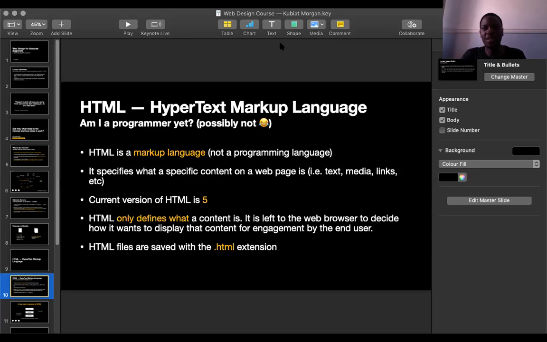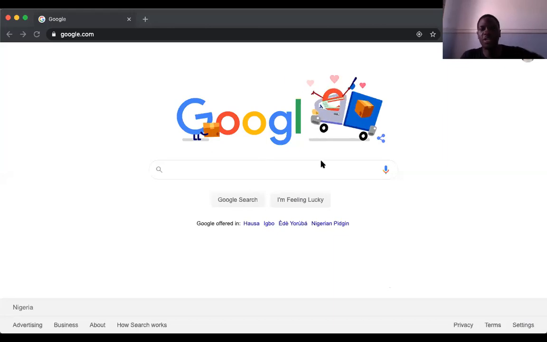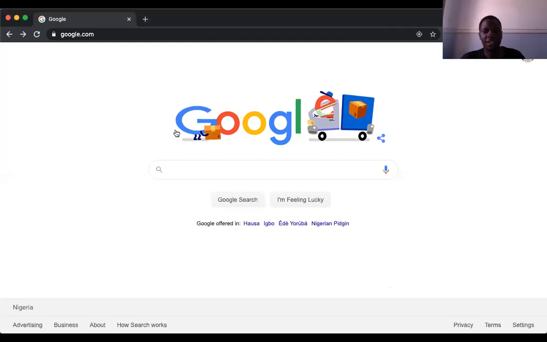So just to make this a little bit clearer, I will quickly show you a snippet of a website. I hope you can see my screen. If you look at this web page, it is built with HTML.